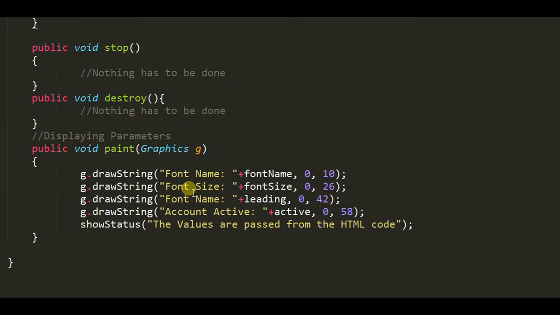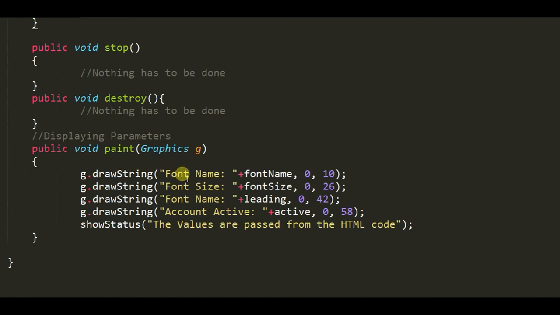Now we get to the paint method, where we display things on our applet. To display everything on our applet, we use the paint method, which requires an object g of the Graphics class. And to display anything on our Java applet, we use the drawString method.